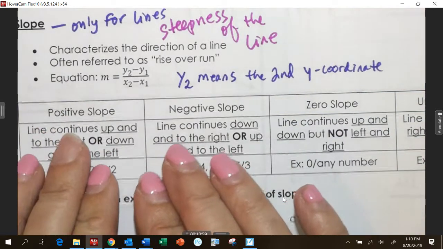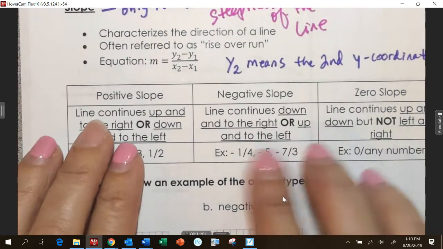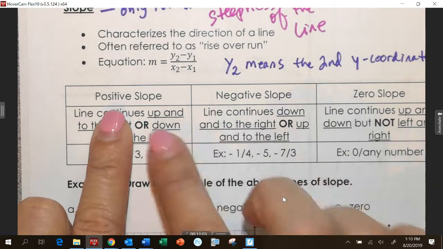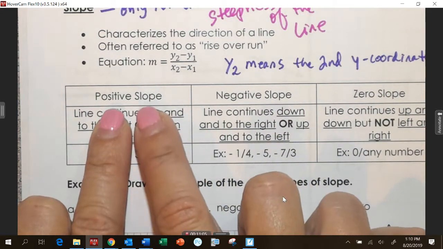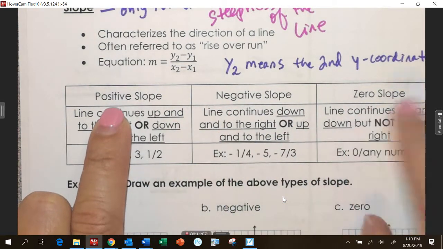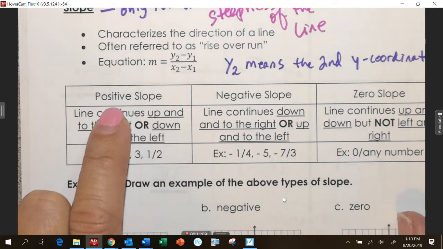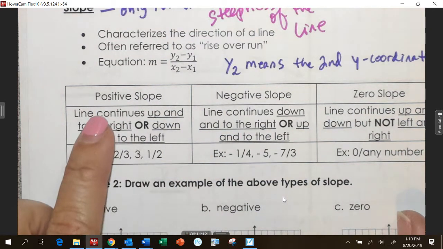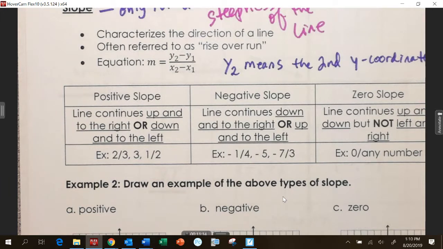So here, there's 4 examples. You can see 3 of them right now. There's 4 examples of different kinds of slopes: positive slope, negative slope, zero slope, and then the 4th one, I'll move it over in a second, undefined slope. The way that I remember this is, you guys read from left to right, at least in English. It's the same way that you look at slopes, from left to right. So from left to right,